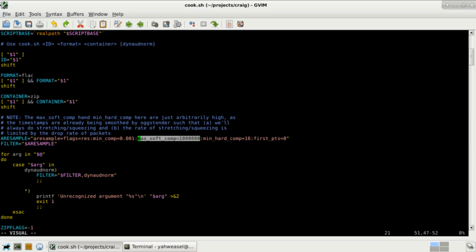This is essentially the roboting effect that you usually get. It's slightly better here because we're doing it post hoc. We're not doing it as we receive the audio. But the amusing thing here is this is just an arbitrarily large number. Just always use stretching and squeezing. The reason it's fine to do that